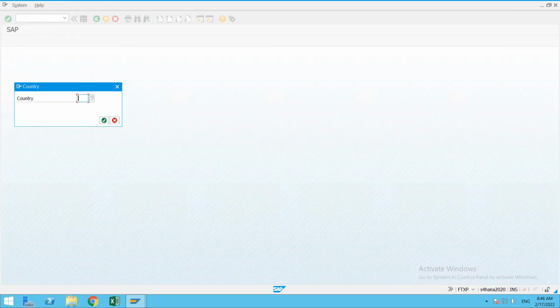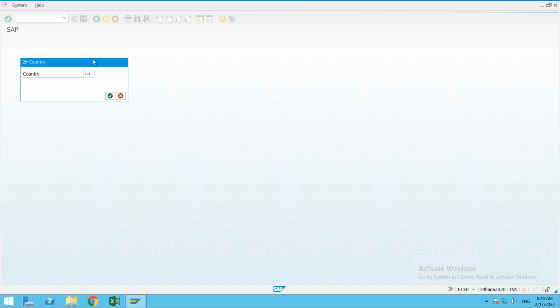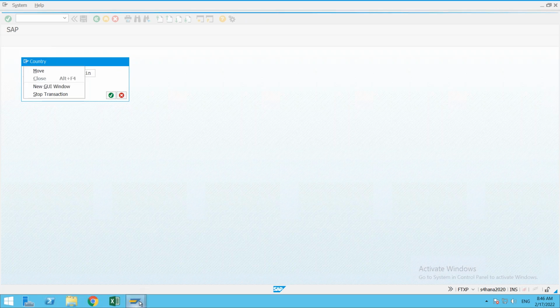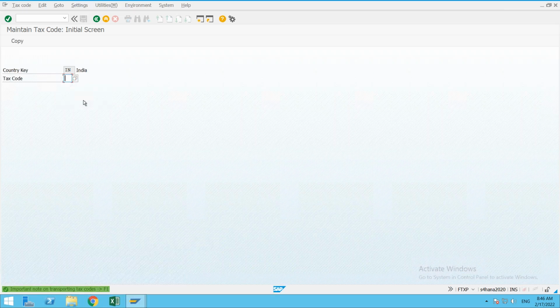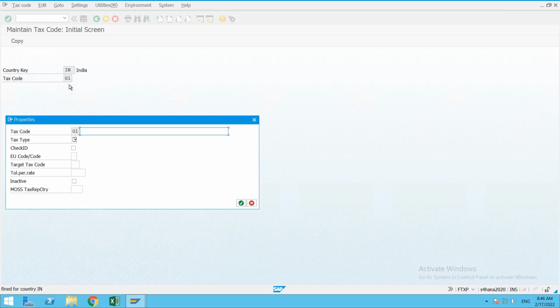You who already work in an environment can understand the tax code and the tax percentage, but in our system I'm facing a different error that I never came across before. When I searched for the solution, the same OSS note implementation is required. So I created a tax code for 3%.